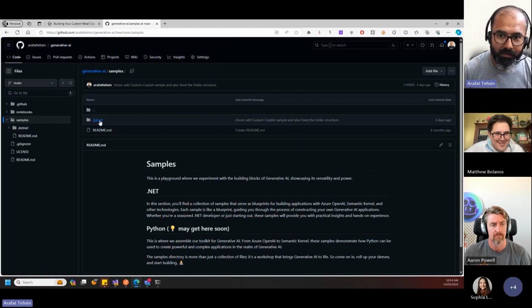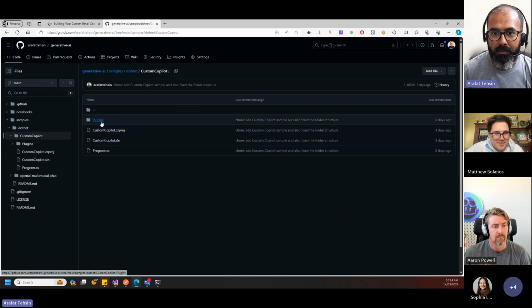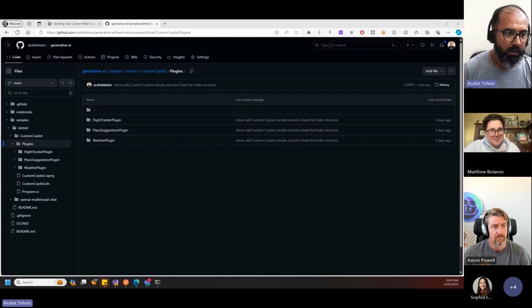So the sample is right here. If you go to custom Copilot, you will see all the functions over here. So this is the easiest possible way, I think, to showcase the capability of how the plugins would work. I've seen that people have started